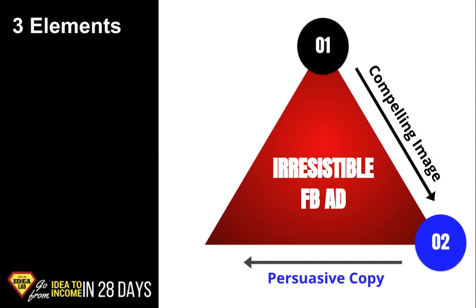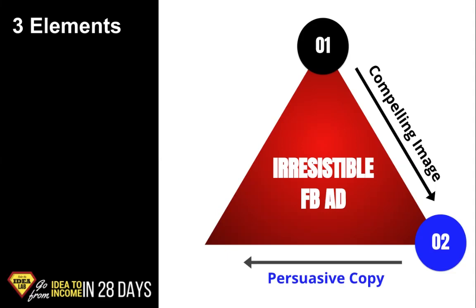Second element is you're not just going to have an image, you also want some persuasive copy. You need some text alongside your image so that whether or not people are engaged or it grabs their attention, you still have an opportunity to get them through the text. Now, the human brain is designed, because we've been doing it for so many years, whenever we see words on a paper or page or a screen, our brain automatically reads.